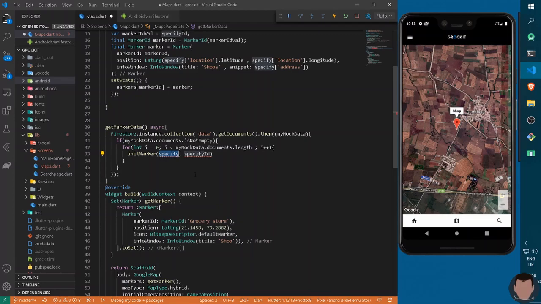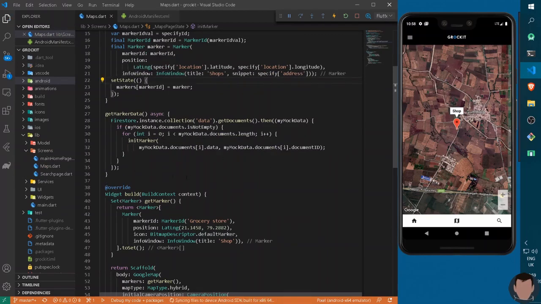We can provide the data by saying my mock data dot documents of index i dot data. And similarly for the specify ID, I can specify here my mock data dot documents under the index i of document ID. Give a semicolon here, press Ctrl and S.